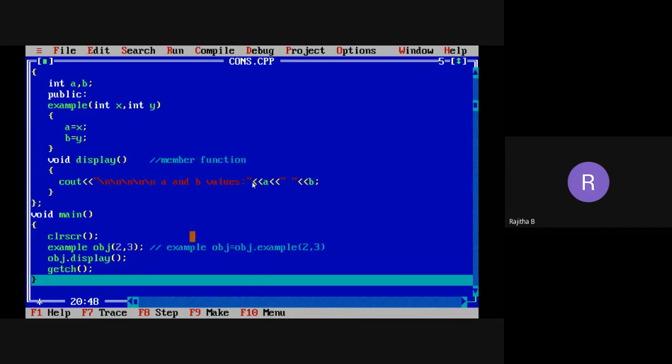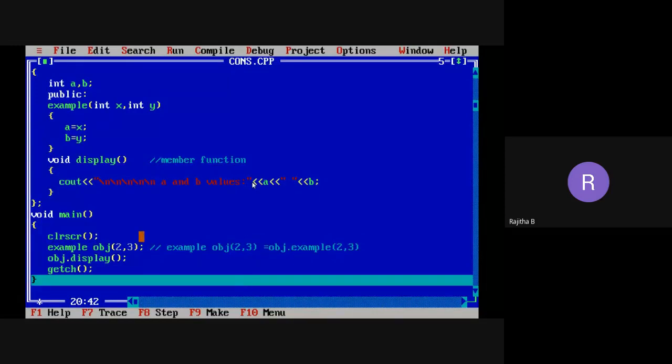So example obj means when you are creating the object, automatically the constructor will be called. If you are taking the parameters like 2, 3, what is the meaning of this statement? You are passing the parameters to the constructor. This statement is equal to obj dot example, where I'm calling the example constructor function and passing the parameters 2, 3.